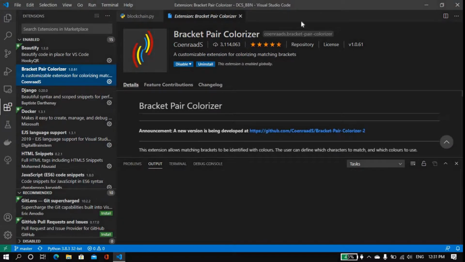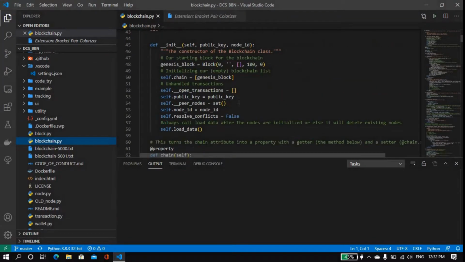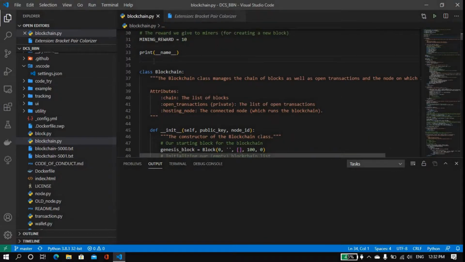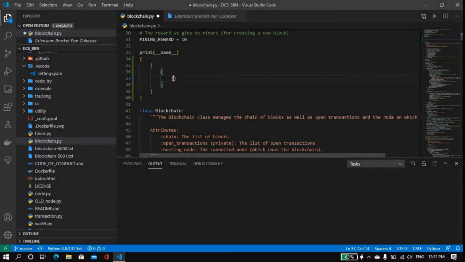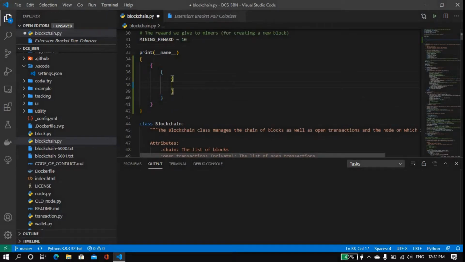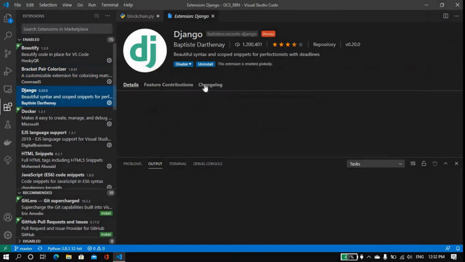So second would be Bracket Pair Colorizer. Here this thing will make something like this. I can show you. Yes. Okay. So if you have something like this, a bracket inside another bracket, inside another bracket, and another, the starting and ending color of the bracket would be the same. Other than those, the other brackets would have another color. So this is also some good thing. So you should use this too.